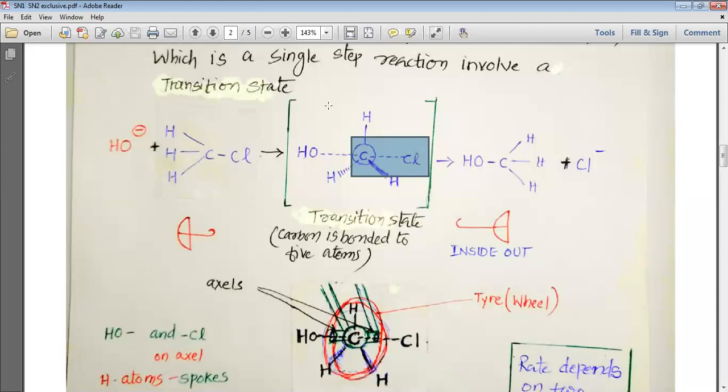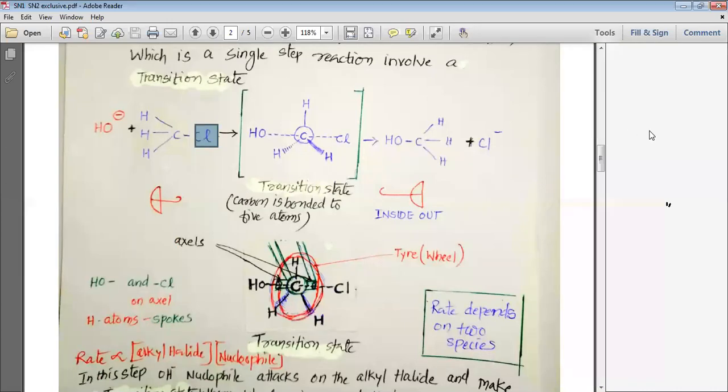Now let us look at these hydrogen atoms. You can see that these hydrogen atoms are mostly towards the opposite side of Cl, because Cl is comparatively bigger in size, and that is why, due to steric hindrance, due to steric effect, these hydrogens try to put themselves away from the chlorine. Now what happens when OH minus attacks? As this OH minus attacks,